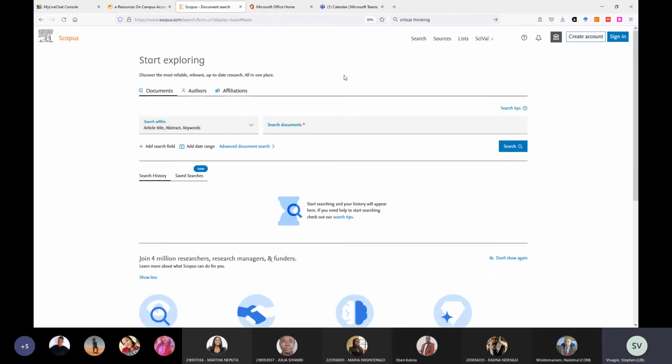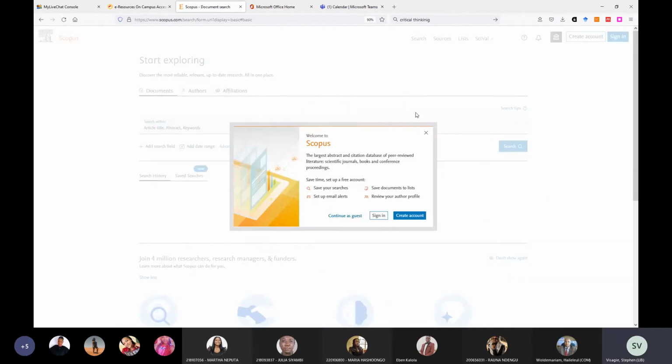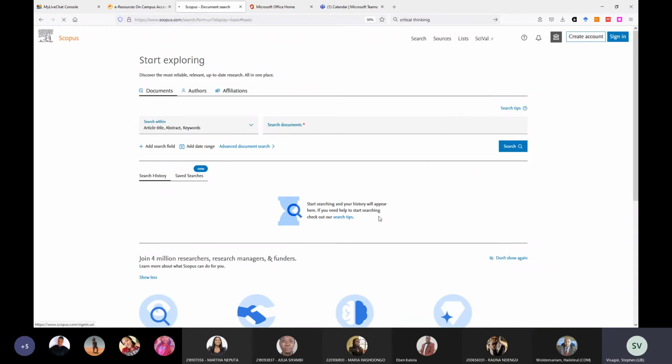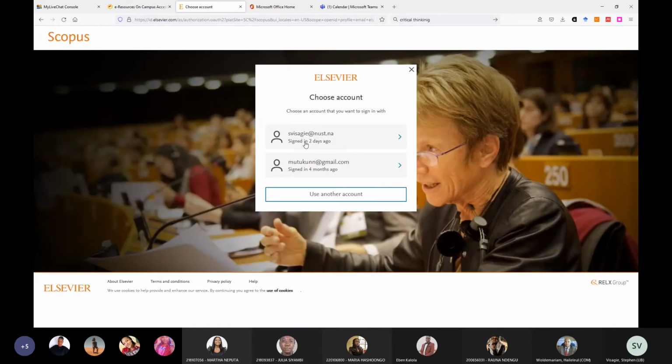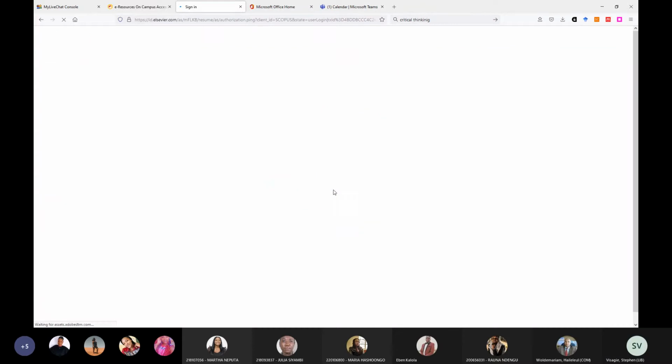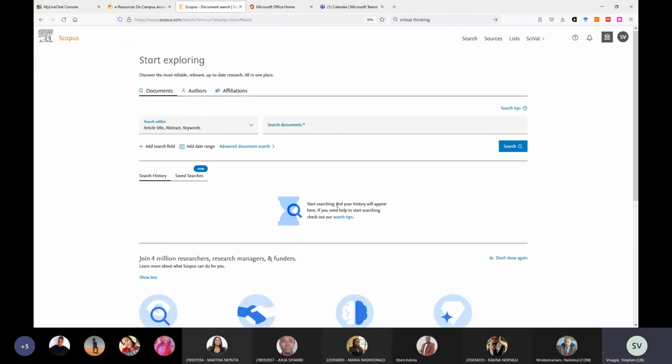Okay. Now, something I want to mention to you is, let me just sign in quickly. Okay. Why did I sign in now? That's for a very good reason. You can go into Scopus and you can create a free account. Okay, it doesn't cost you anything. Now, Scopus belongs to a company called Elsevier. They are a very large publishing company in the world, especially in academia. And they are also the people that own